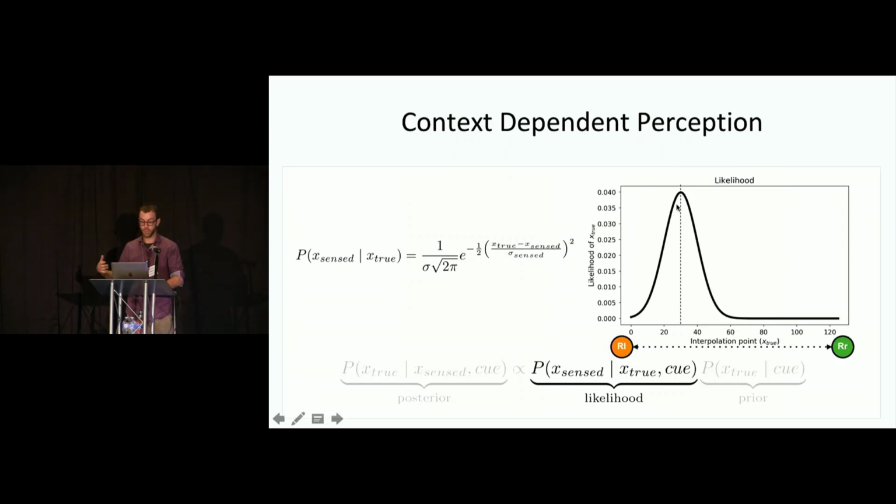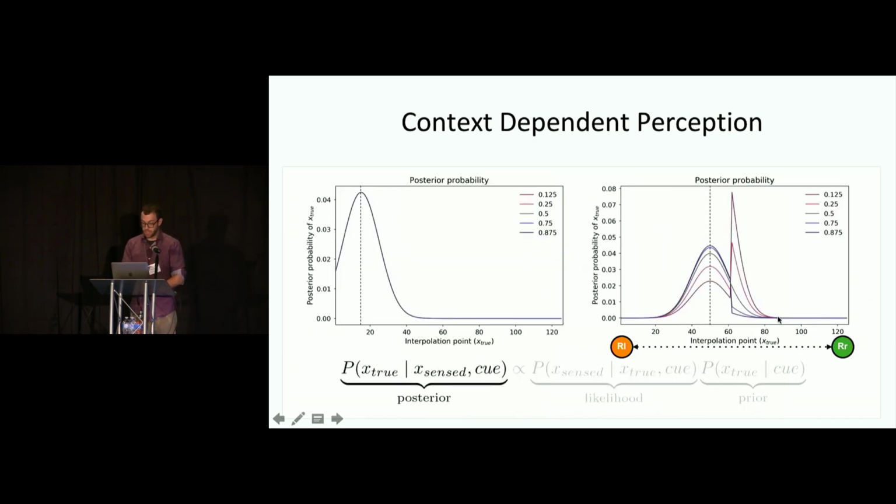So say you hear syllable 30, you're most likely going to sense that as syllable 30. There's a decent chance that it'll be recognized as syllable 20, and it's very unlikely that it'll be recognized as syllable 100. And then we can get the posterior just by taking the 2 together. So say you hear syllable 15, regardless of that Q probability, you're pretty definite that this is syllable 15, but around those categorical boundaries,